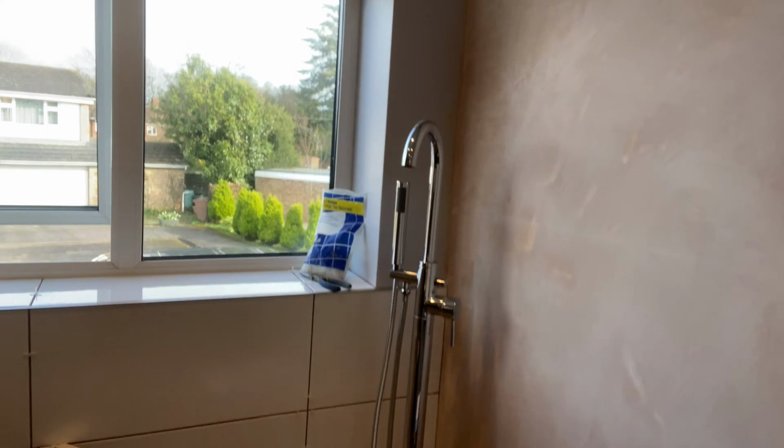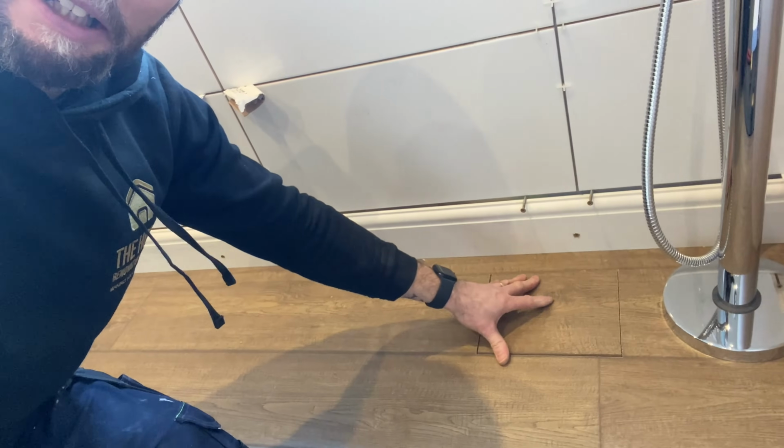And there you go, one fitted tap. Connections made underneath there. Can't turn it on because there isn't a bath here, so, but